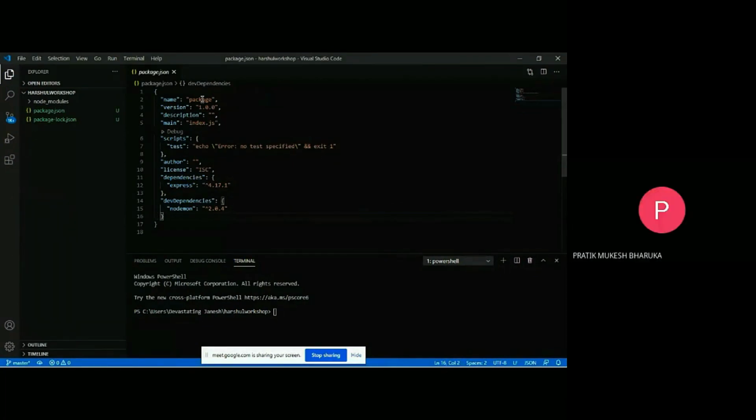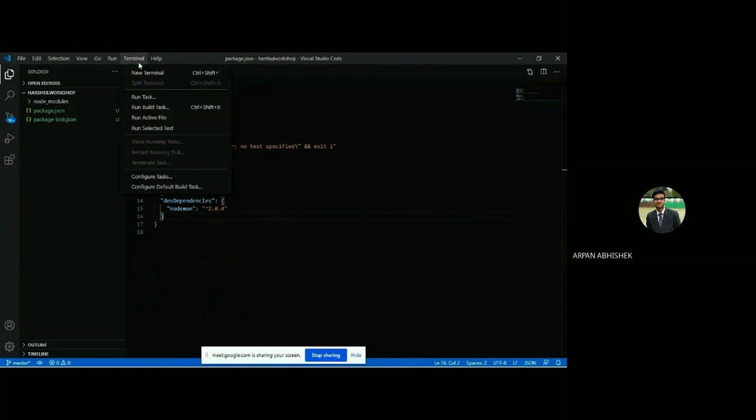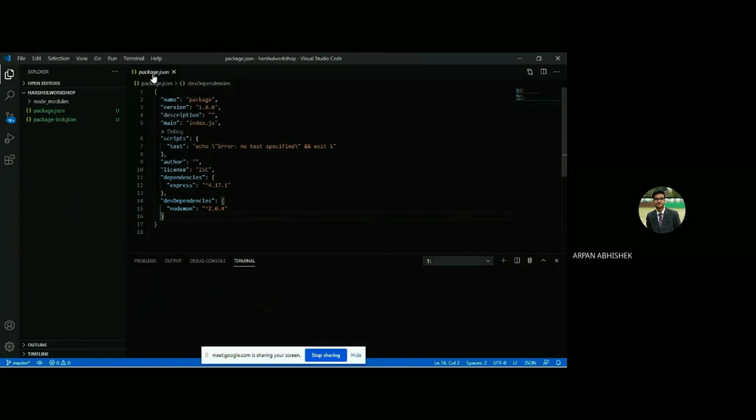Then press the dustbin or delete button in the terminal. Just delete it, close it, and you can open a new terminal. Now you'll have a bash shell here. Earlier you were working on the Windows PowerShell terminal. Now Bash would do the work for you, so everything would work perfectly fine.